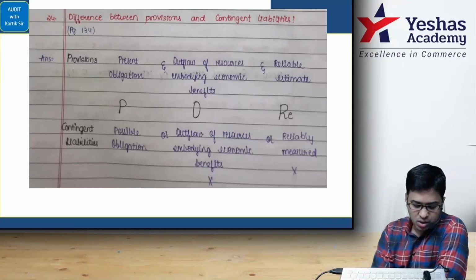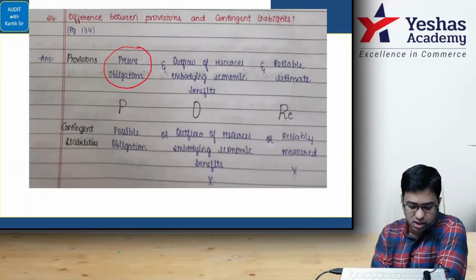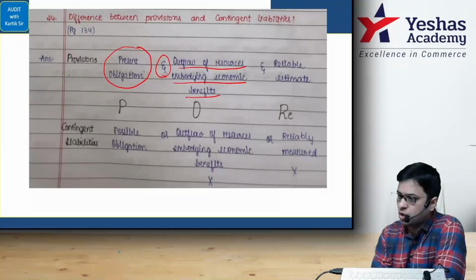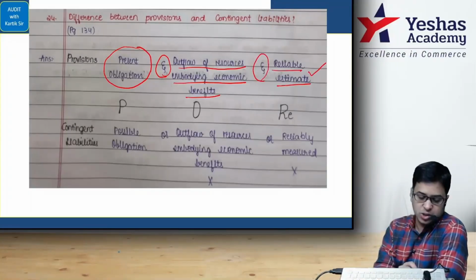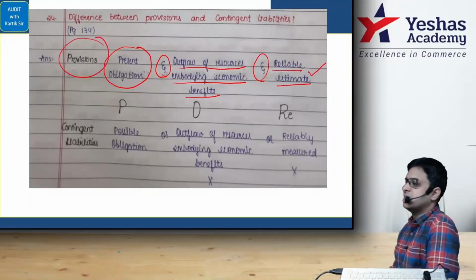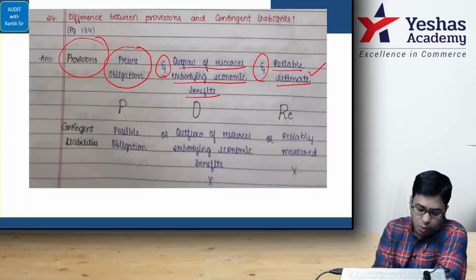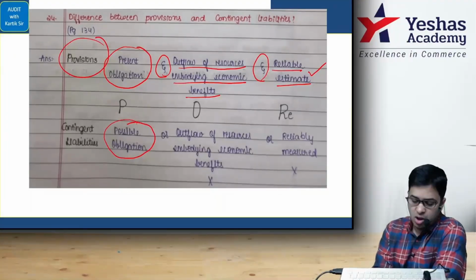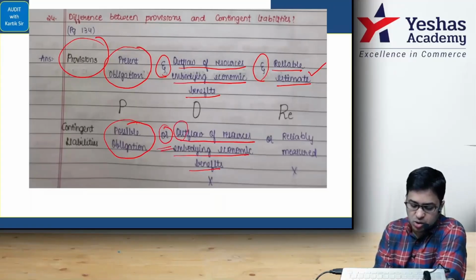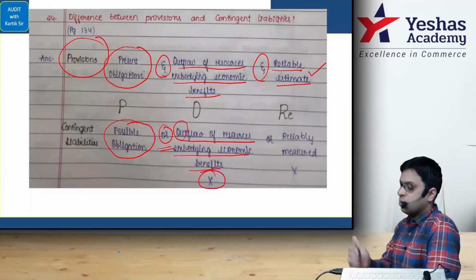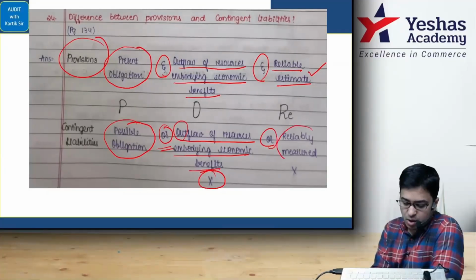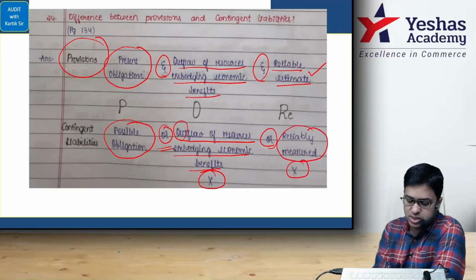There is a present obligation and outflow of resources embodying economic benefits is for sure, and a reliable estimate can be made. In that case, you treat it as a provision. It will come on the liability side. However, if there is a possible obligation, or outflow of resources embodying economic benefits is not probable, we may have to pay, we may not have to pay, we don't know, or if a reliable estimate of the amount cannot be made, if any one of these three,